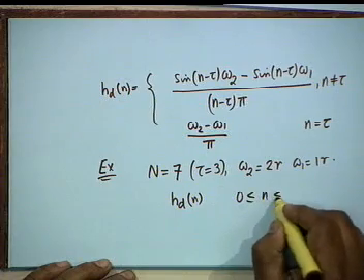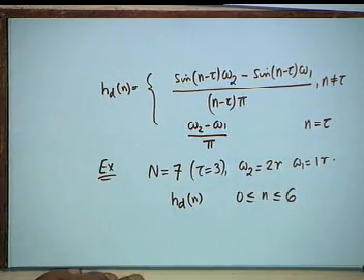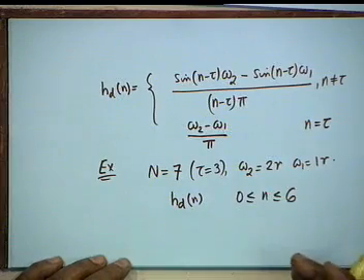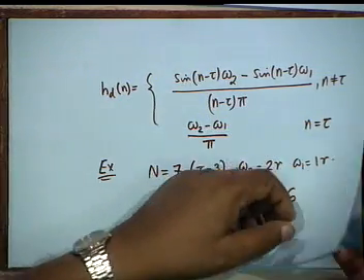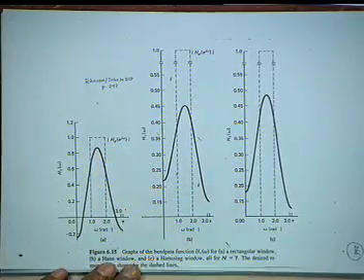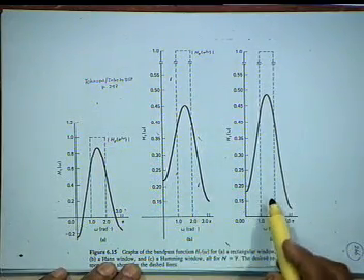0 less than equal to n less than equal to 6, in which you have to calculate only 3 of them, the rest would be equal, and then apply the rectangular window, the Hann window and the Hamming window. This formula, keep this in a prominent place. The results, finally the pseudo magnitude, once again this author did not care to plot them on the same graph, it's plotted side by side, and this is the result that you get with rectangular window. This is with Hann and this is with Hamming.